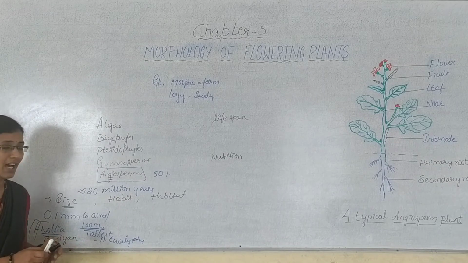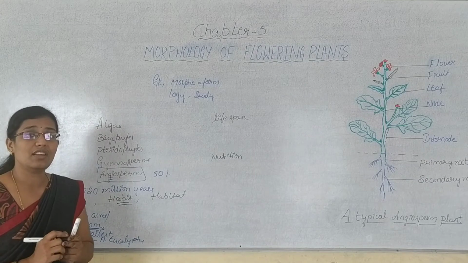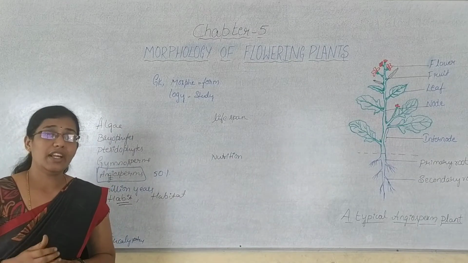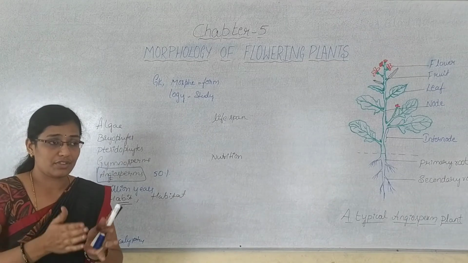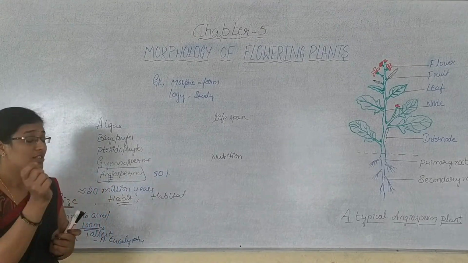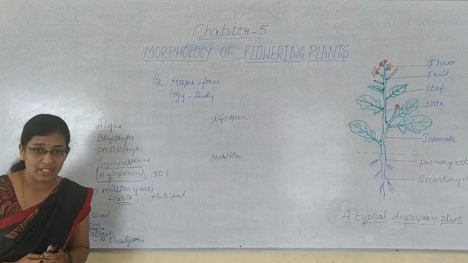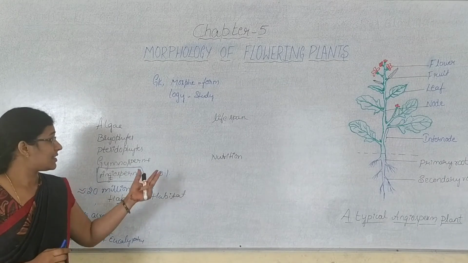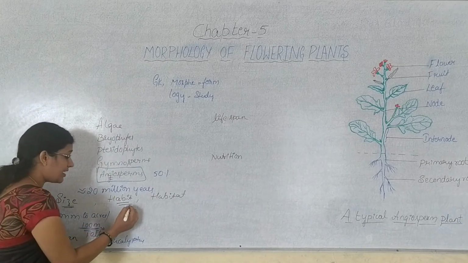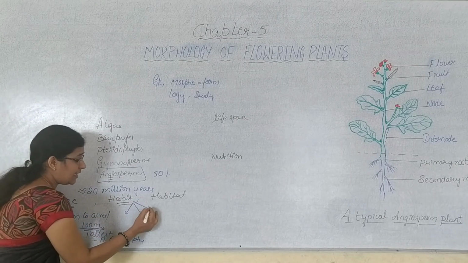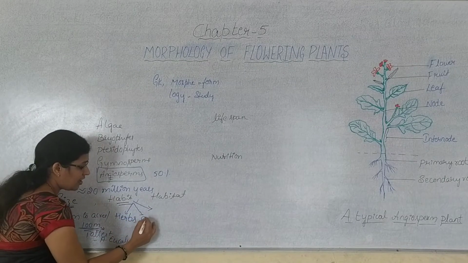But what do you mean by habit? Habit is nothing but the general appearance of the plants. So it depends upon the duration and nature of the stem. So whatever form it has, how the stem nature is, how the duration is, based on that, that is called the habit. And based on the habit, these angiosperms have been classified into 3 types basically: herbs, shrubs,